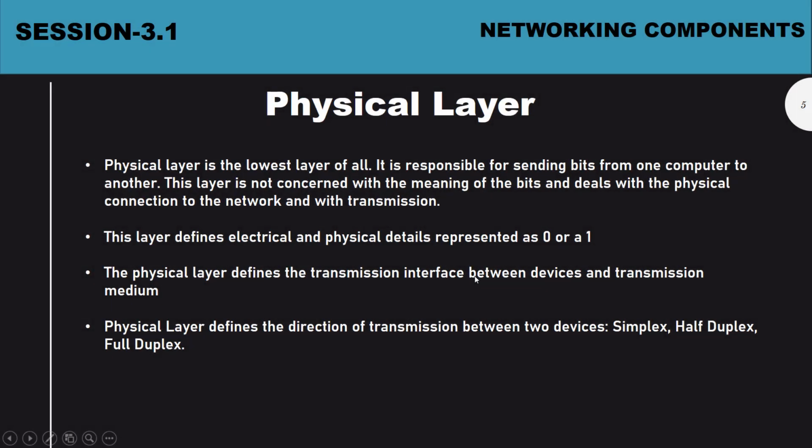So without delay, we are going to talk about the physical layer today. The physical layer is the lowest layer of all. You can see in this picture, right? The physical layer is layer 1 only. Its main responsibility is simply sending bits from one computer to another computer. Your PC and the other PC, assume like that. Your PC has the OSI model, and the other PC also has the OSI model.